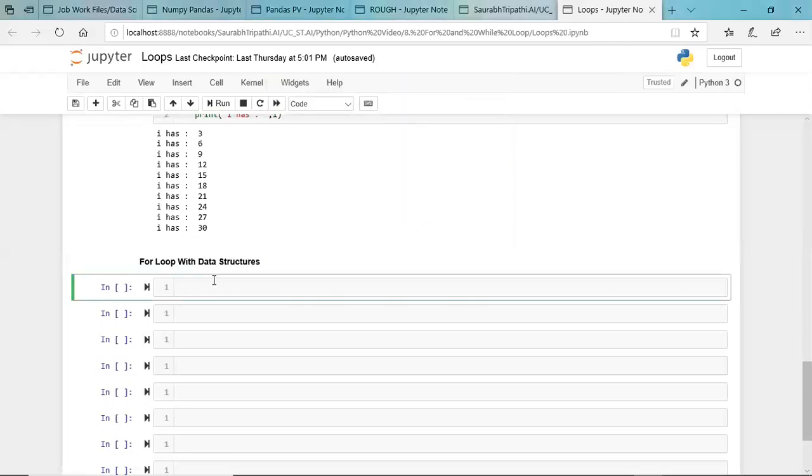So all you need to do is write a for loop, say for L in, and I'm taking a list. Say I'm taking this list, 3, 4, 5, 6. Okay, this is my list.